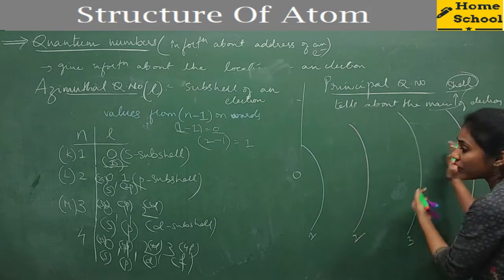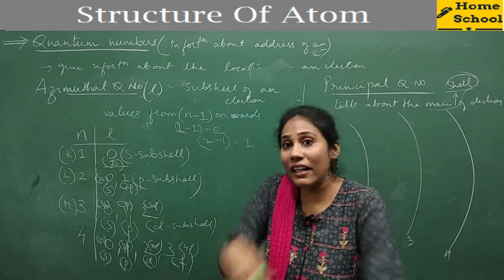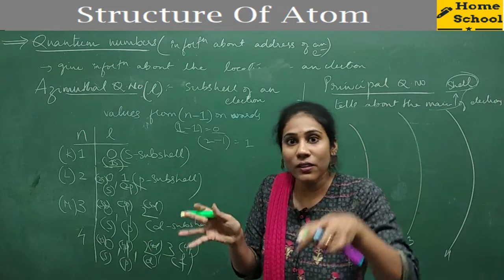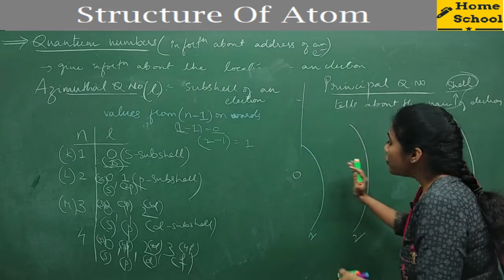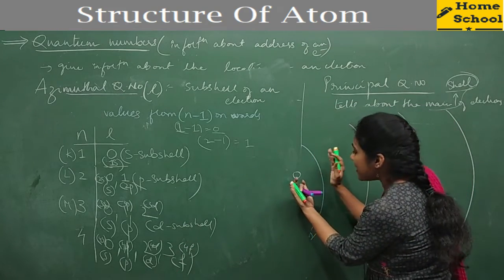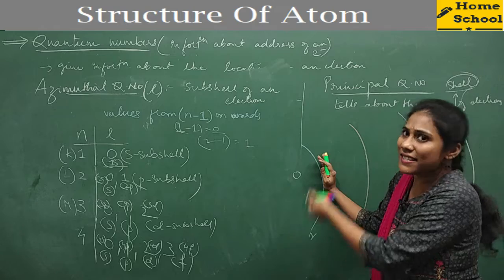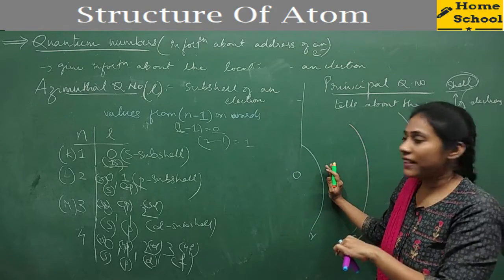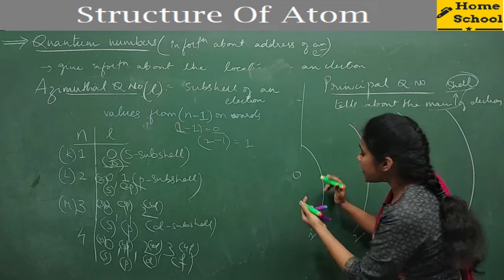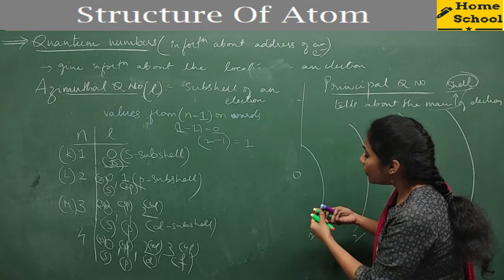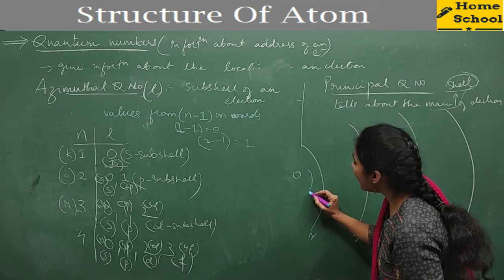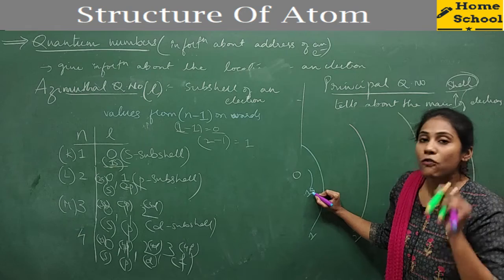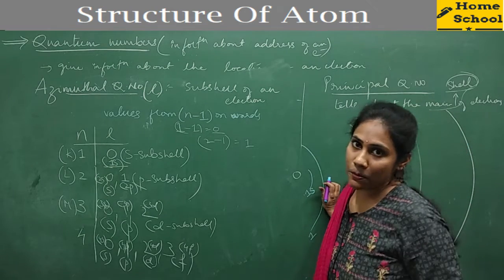Main regions, like main states in a country. A country is one region, but it is divided into so many regions, no? Main states. Now inside this state, this is actually the smallest shell, the smallest region around the nucleus, and it will have only 1 subshell. What is that? The 1s subshell. It will have only the 1s subshell.